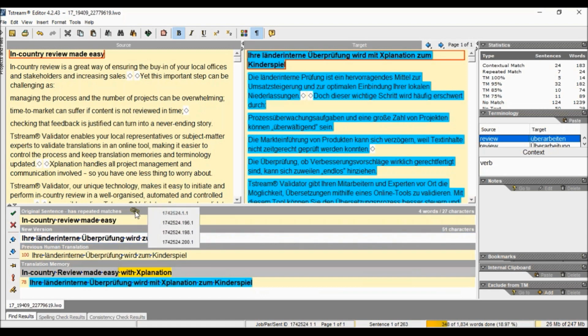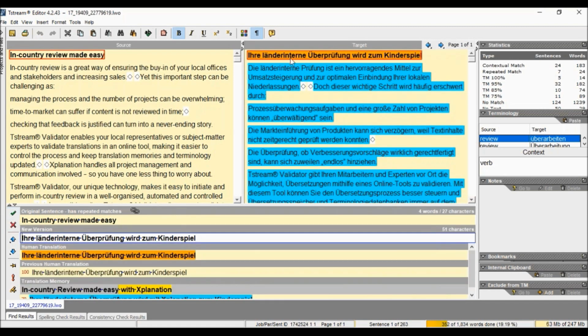If you click on that, you can see the repeated matches. So I'm currently working in the master segment, so to speak, and all of those are then the repetitions. I'm just going to save this first. Now you can see that the color changed. It changed from a fuzzy match to a human translation. The orange is the human translation. So here you can see then the